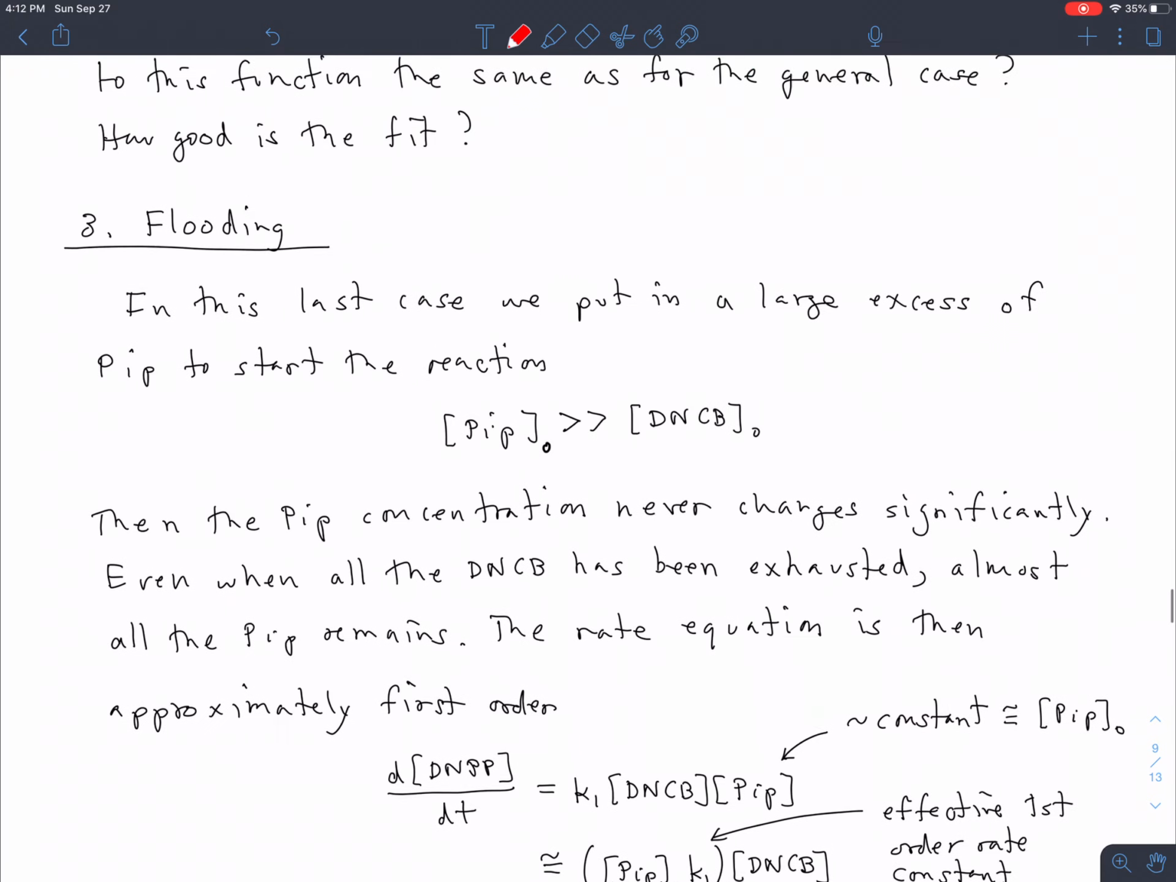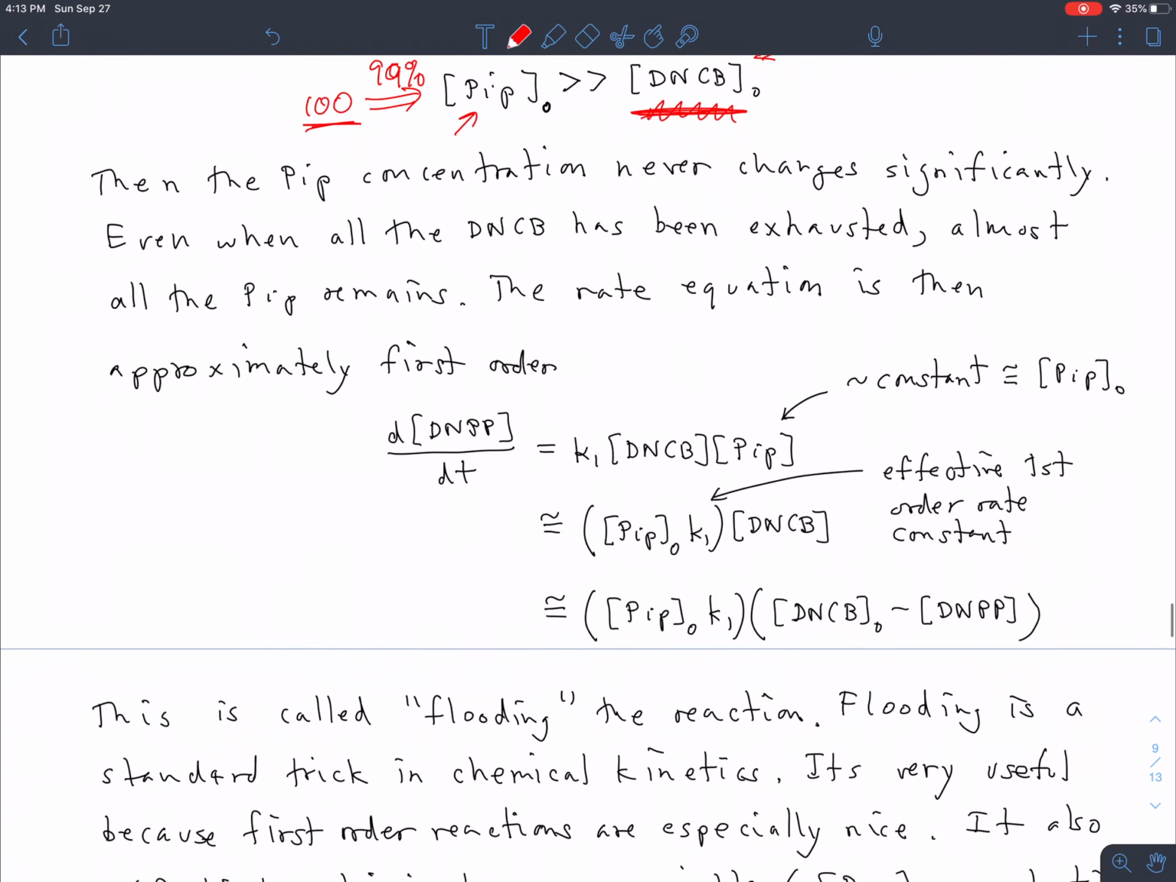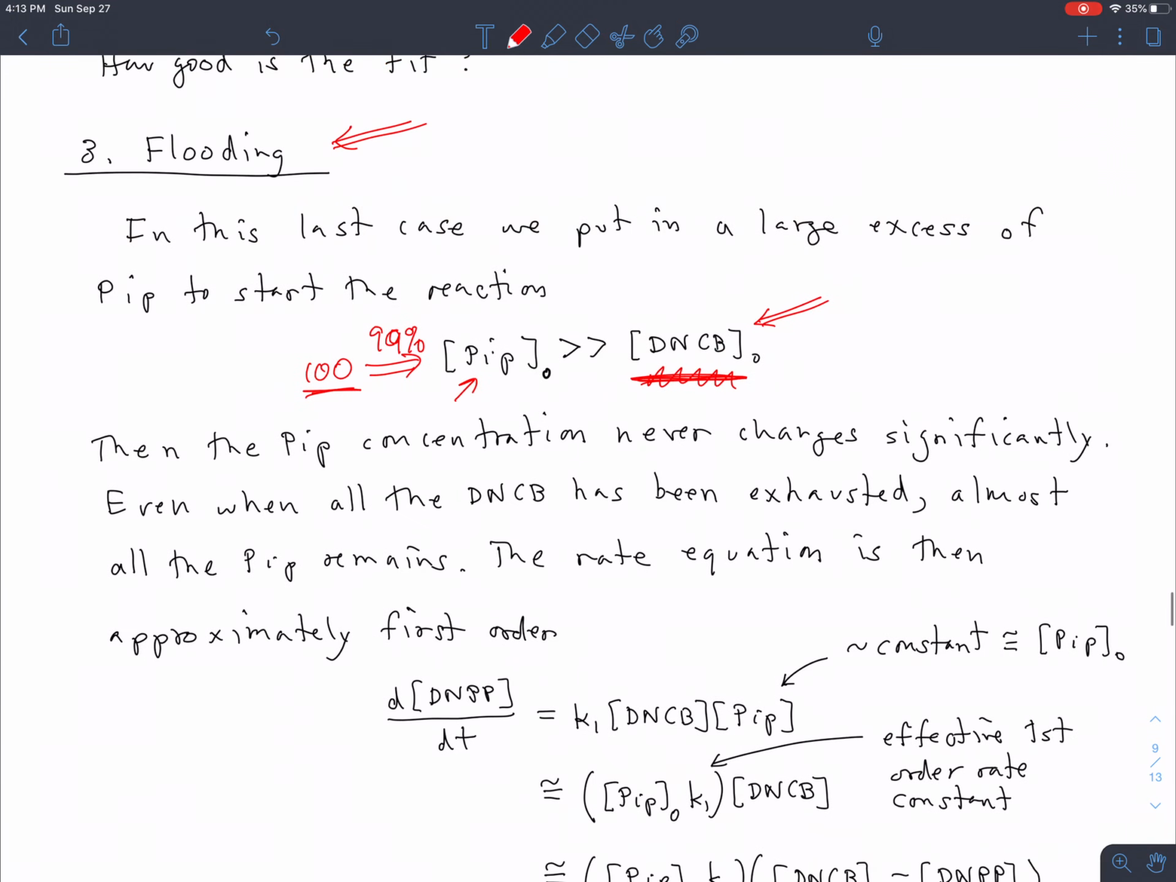The other case we can consider is the case where we put in a huge excess of piperidine. So the initial piperidine concentration is much greater than the initial DNCB concentration. In that case, by the time all the DNCB has been used up, let's suppose we had 100 times excess of piperidine, the piperidine concentration is still at 99% of what it was to start with, right? The piperidine concentration has barely changed, even though we've run out completely of one of our reactants, and that will stop the reaction. So even at the end of the reaction, we've still got almost all the piperidine that we started with. If you use that approximation,